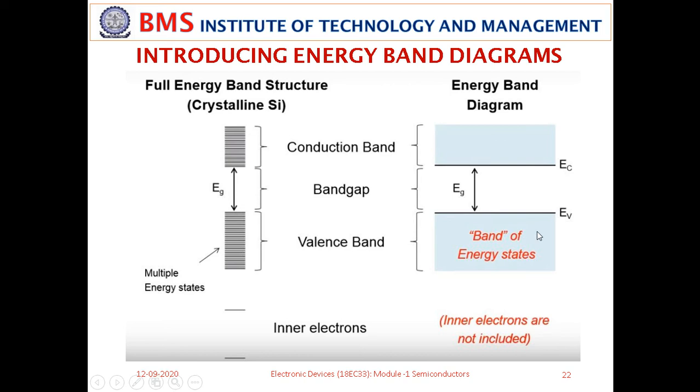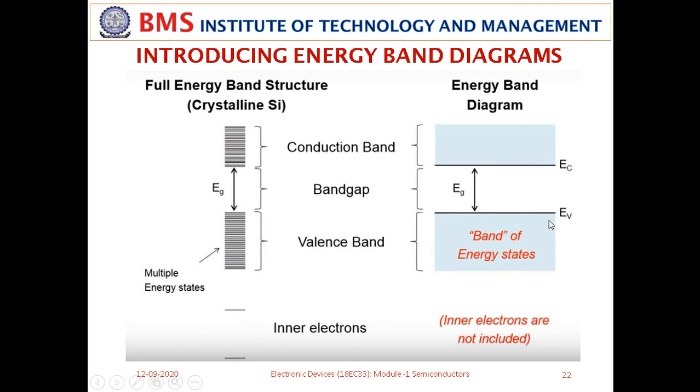Now how do you create space for the electron, or for the electrical current to conduct? The only way is you remove 50% of the water in the bottle. What happens when you remove 50% of the bottle? Now if you keep shaking the bottle, definitely the water molecules will move faster compared to the completely filled one. So when you provide some external energy, the electron will leave its valence band position and create an empty state here, and that empty state will be occupied by another electron present there, and this keeps creating positions here.